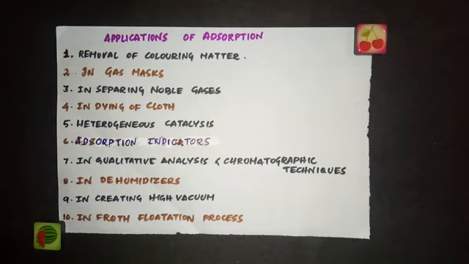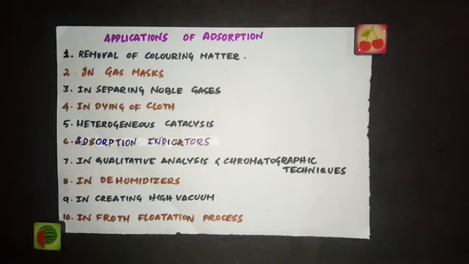And the second application is gas mask. Now all of you would have realized the importance of mask due to this corona. These gas masks are used by coal miners, because they are exposed to the atmosphere of carbon monoxide, which is a poisonous gas. So in order not to inhale that, they use masks which contain activated charcoal. They absorb poisonous and toxic gases from air. So again, what is playing a role? Adsorption. The poisonous gas is getting adsorbed on the activated charcoal.